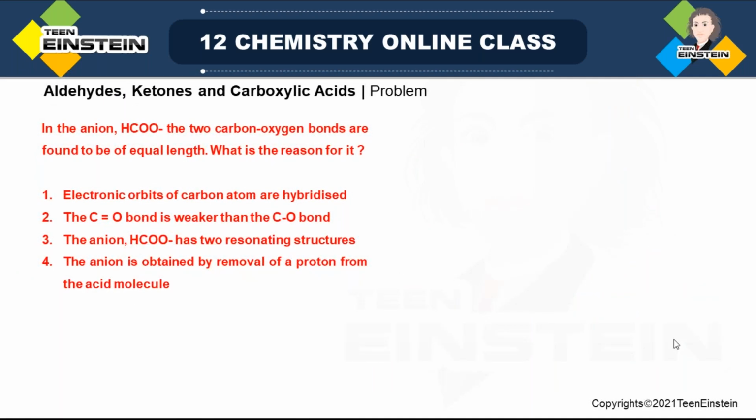Question related to whatever we have discussed. Now this question that you are seeing here is based on resonance structure. In the anion HCOO minus, that means it is formate ion. Formic acid is HCOOH, but when I say it is formate, that means H is not present. It is carrying a negative charge. So this is formate ion,